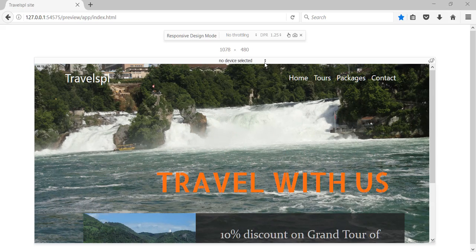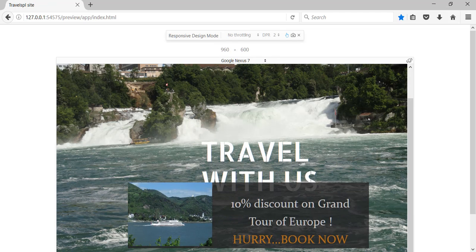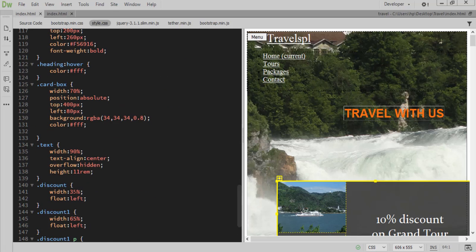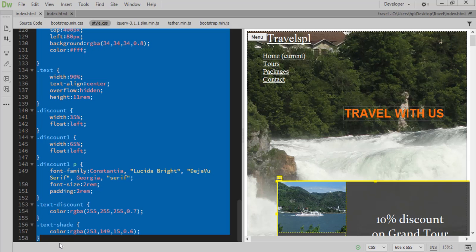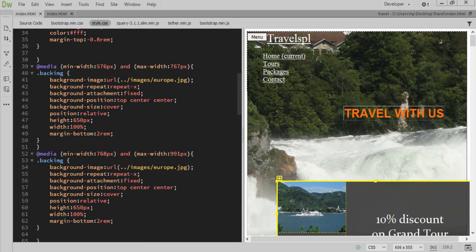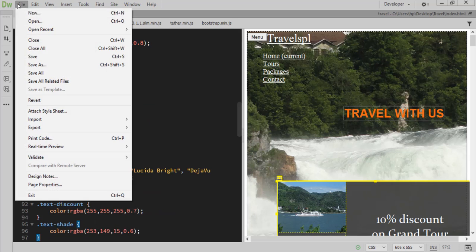Like if you come down to another viewport, like Google Nexus 7, this is at 960, you find the alignment is not correct. So whichever viewport the alignments require some correction, then what we need to do is copy the code we have defined here for the card box onwards, the entire code, and paste it in the respective viewport. Like 960 will be coming under this viewport, 768 to 991. If I come and paste it here